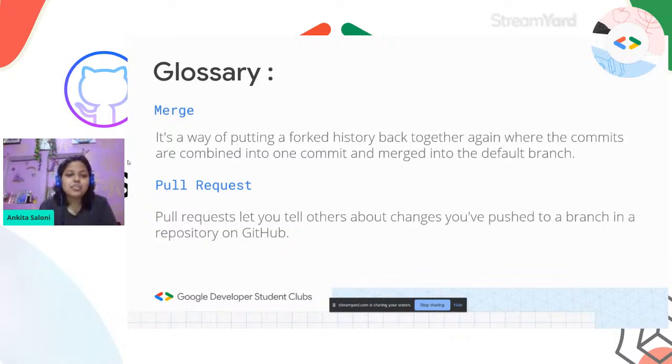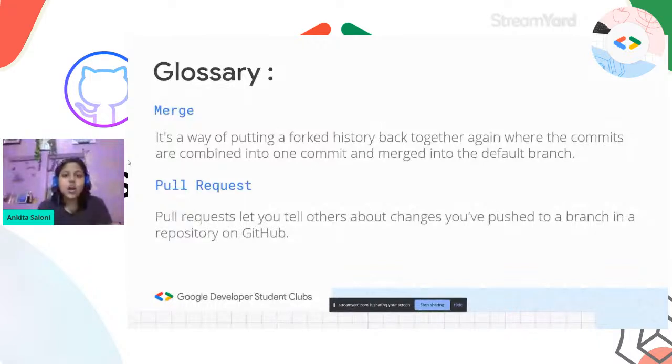Merge. It's a way of putting a fork history back together again, when the commits are combined into one commit and merged into the default branch. As I said, if someone's making any sort of change to a project, if the reviewer feels like it's going to be good, it's going to be well maintained with the project and it's going to be useful, then they can merge it.